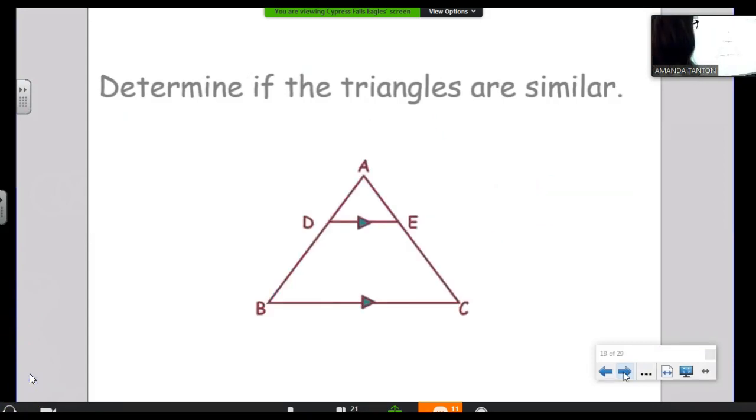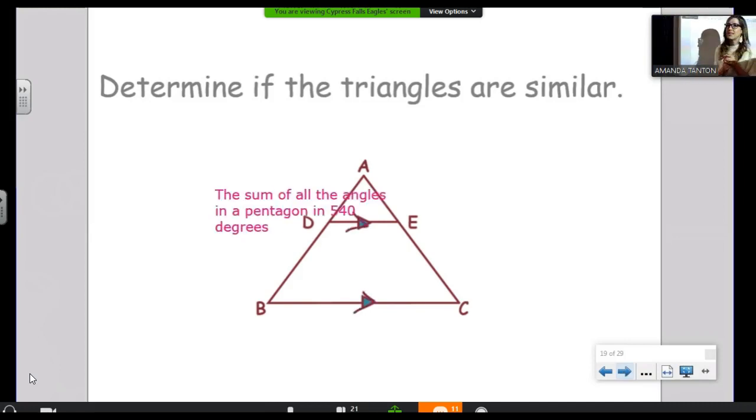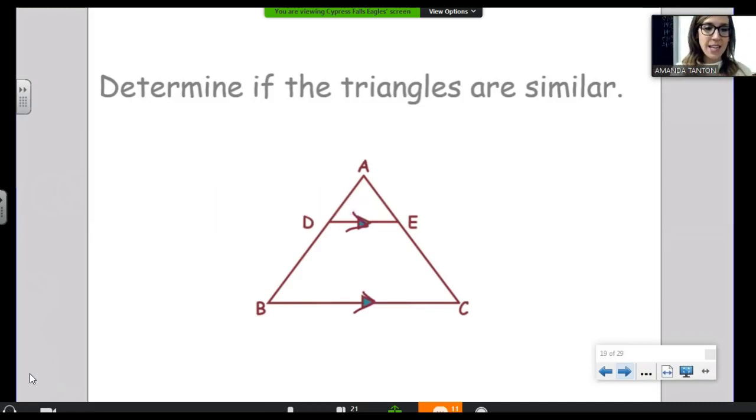All right, next one, determine if the triangles are similar. So this one starts with almost no evidence at all. All we have are some arrows, and those arrows mean parallel lines, of course. So we know that these are parallel right here. Parallel lines tell us nothing about the length, so there are no tick marks that we're going to be adding